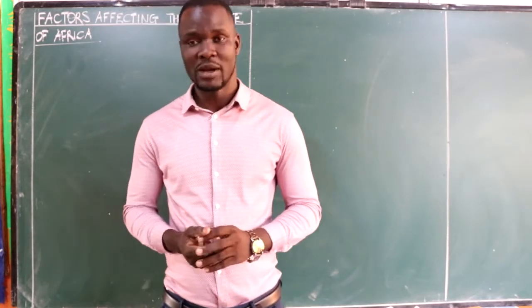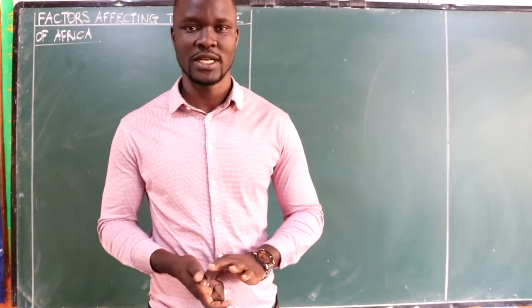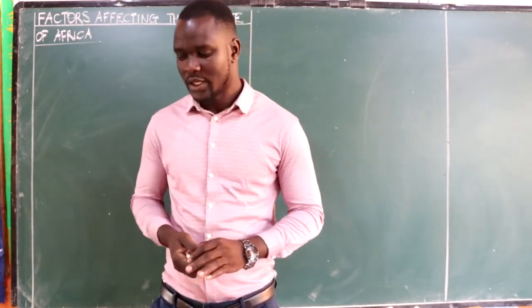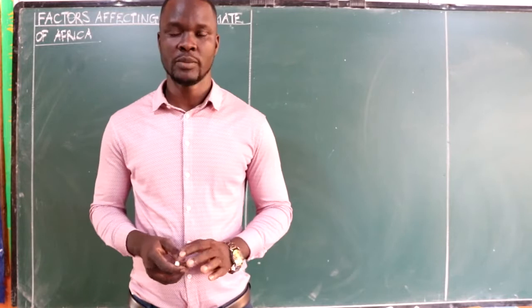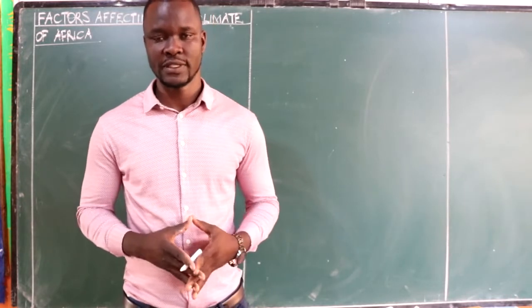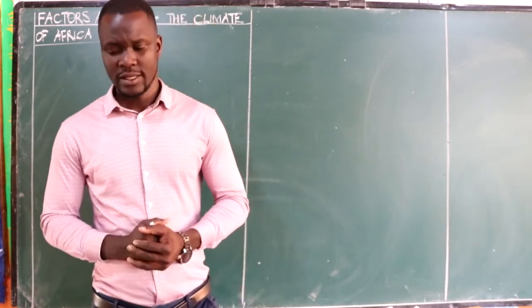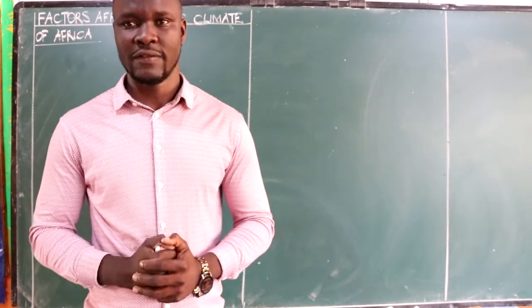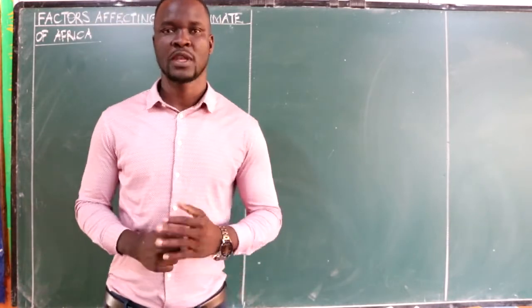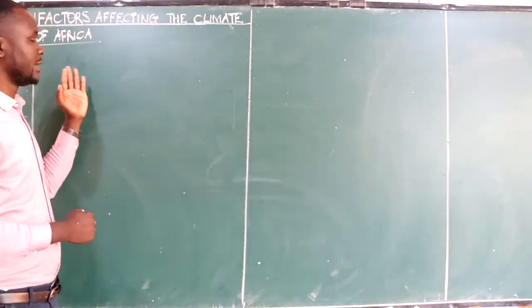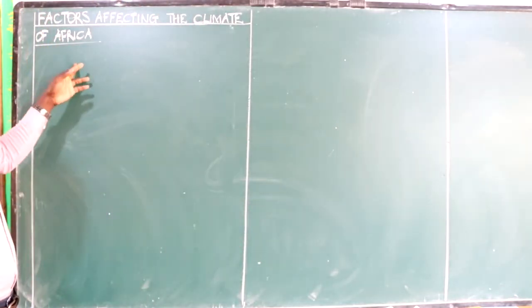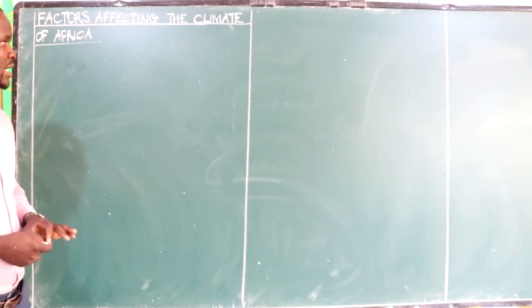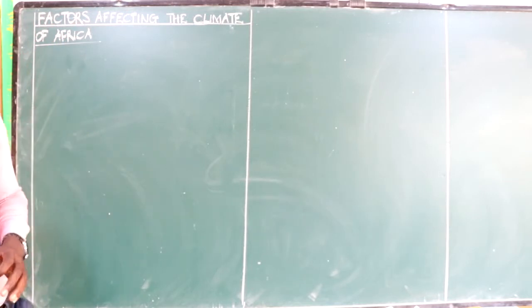It is a primary 7 class, social studies. And today we are going to continue with our topic that is about the climate of Africa. And in this, we are going to be looking at the factors that affect the climate of an area, as we have it here on our heading, factors that affect the climate of Africa, or we can simply say factors